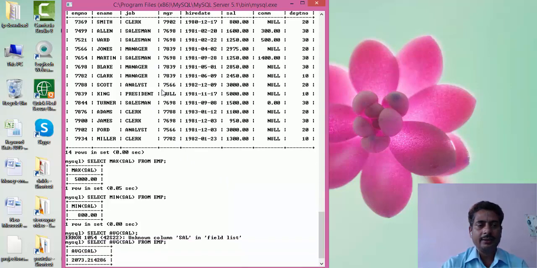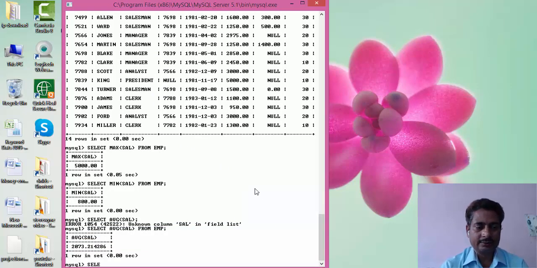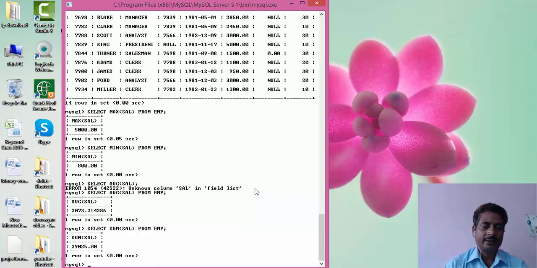If we use select sum sal from emp, it shows the sum of the whole salary column. If you want the job wise salary, it will show the sum of salary of all clerks, all analysts, all managers, etc.